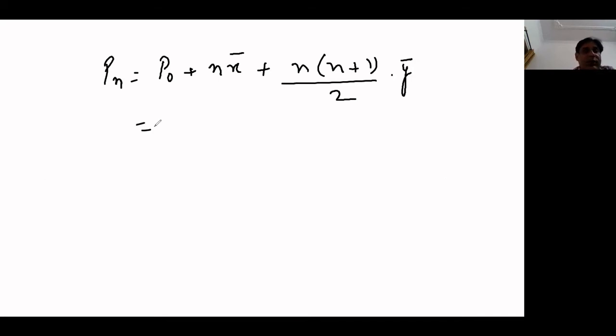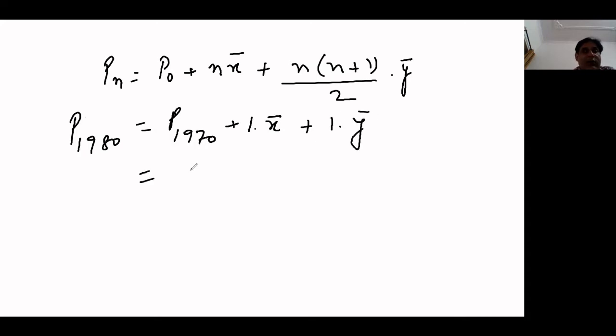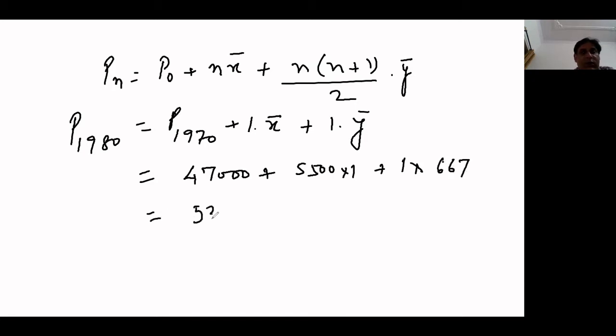What was your population? Now, if I need to calculate the population in this decade, the answer would be, now what will be the value of n? N would be 1. 1 into 2 by 2, it is again 1 y bar. The population in 1970 was 47,000. What was X bar? X bar was 5,500 into 1 plus 1 into 667. So what would be your answer? Would be 53167,